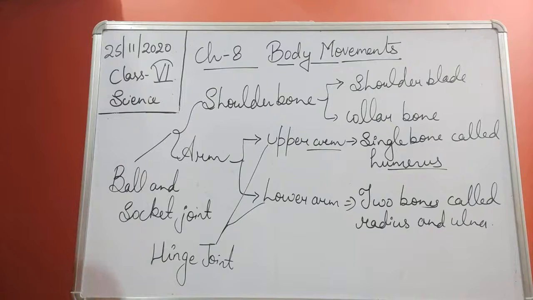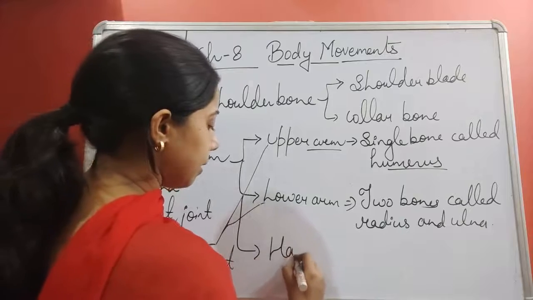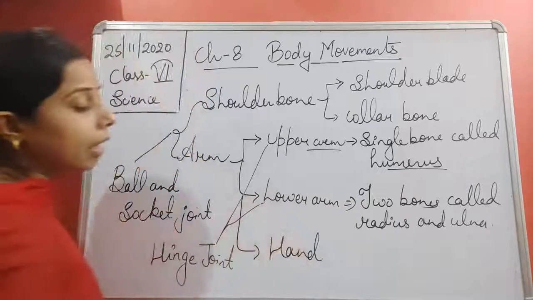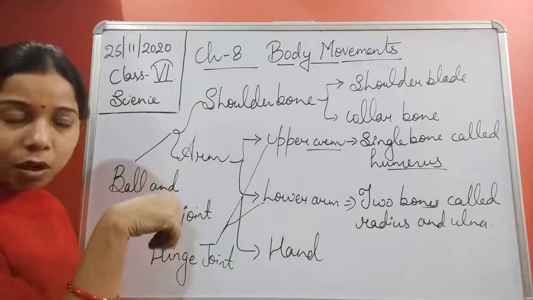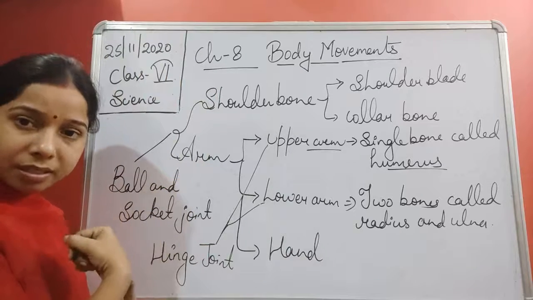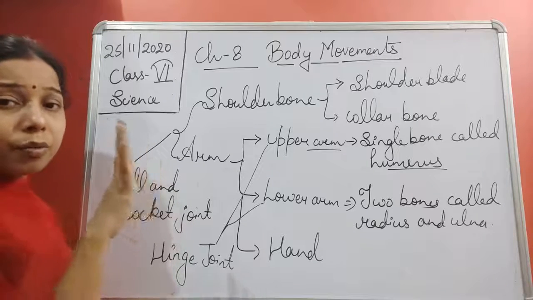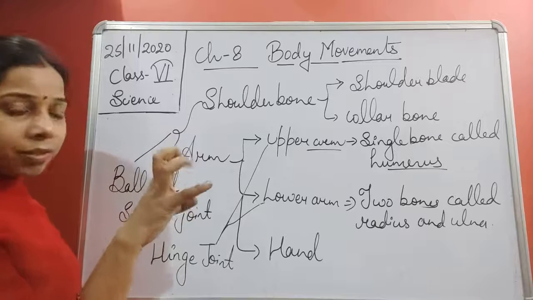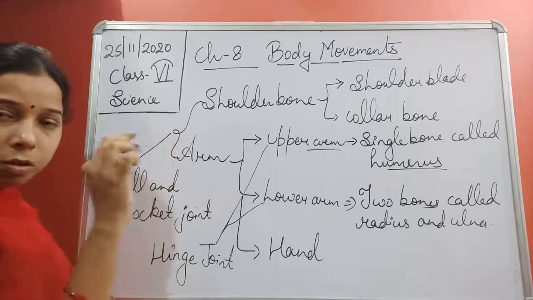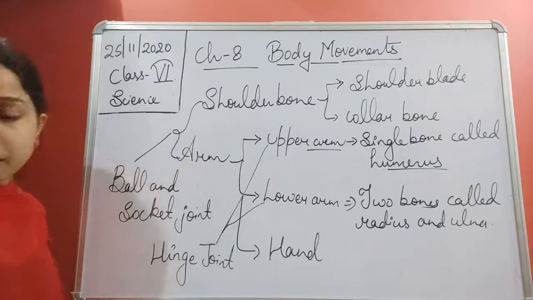Now if we talk about the next part of the arm, students, that is the hand. If we look at the hand, very small bones are present in our wrist. A lot of bones are present in our wrist. Then other bones are also present in our hand, and the rest of the small bones are present in our fingers. Okay, so that is why we are able to move. So small bones join together and ultimately they make the finger.